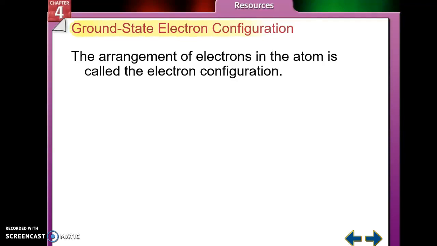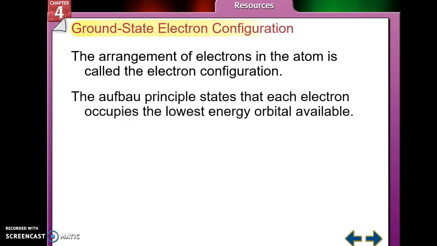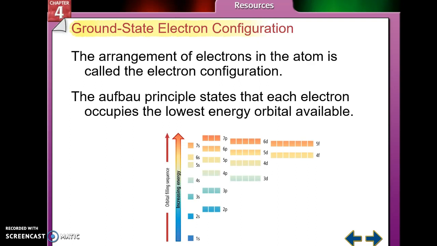Welcome back to video 6.2. Today we're going to work on writing electron configurations. When you're writing electron configurations, remember that electron configurations are the arrangement of electrons in the cloud. And remember that we're going to be using the Aufbau principle, which states that each electron occupies the lowest energy